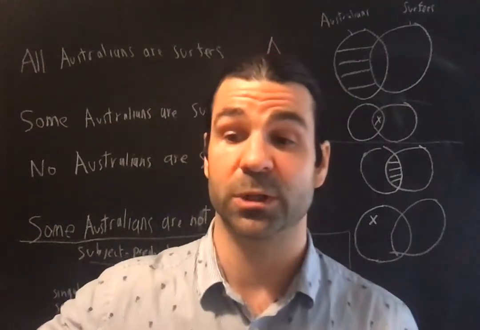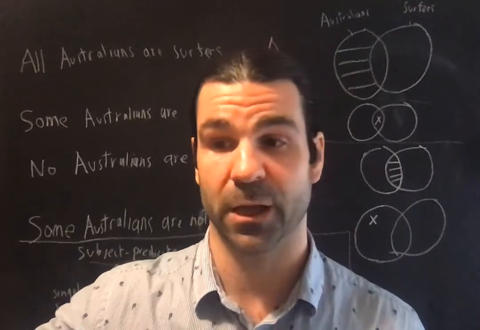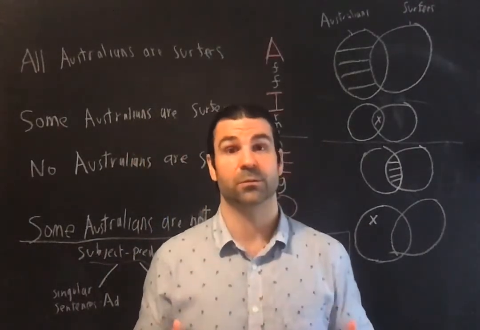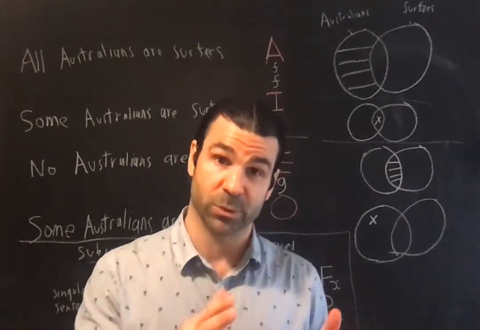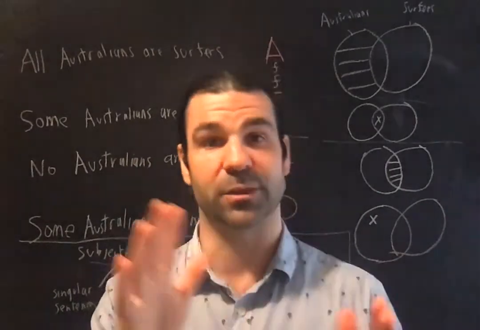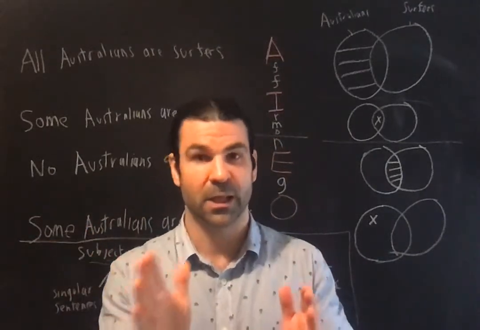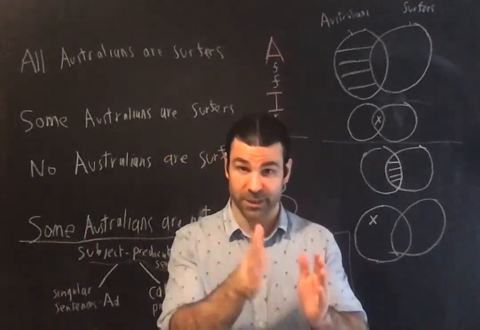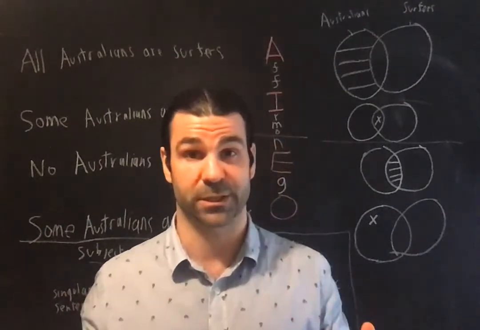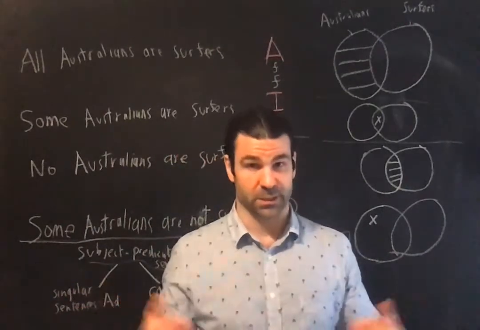To get clear on the logical structure of any categorical proposition, you need to be clear in distinguishing when the subject ends and the predicate begins, right? And that, the end of the subject and the beginning of the predicate, is marked by the verb, the main verb of the sentence. So it's very easy in a sentence like,